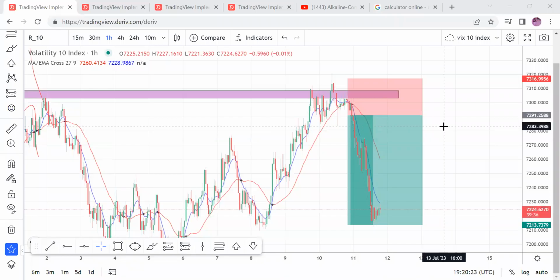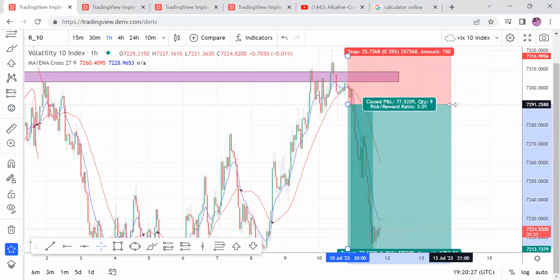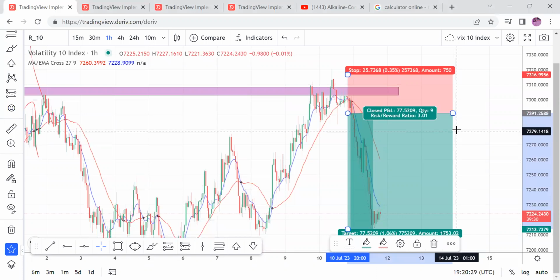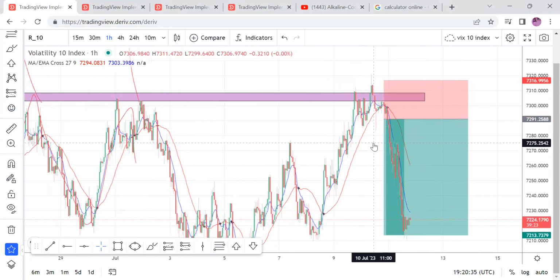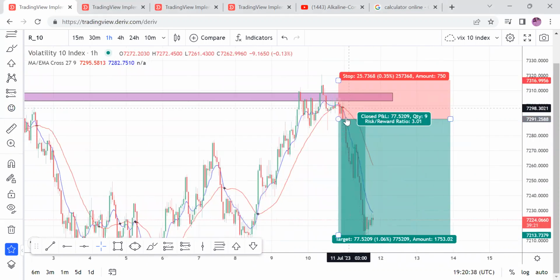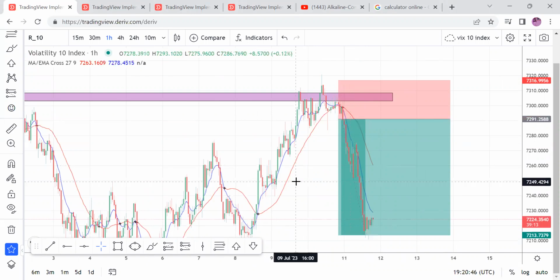All right, guys. So in this video, I want to take the time out to run over how you go about calculating the lot size. For example, like this trade that you took, entry was right here. And remember, to get the lot size,